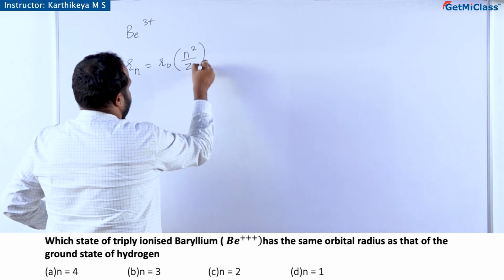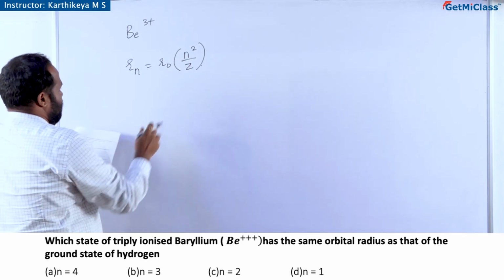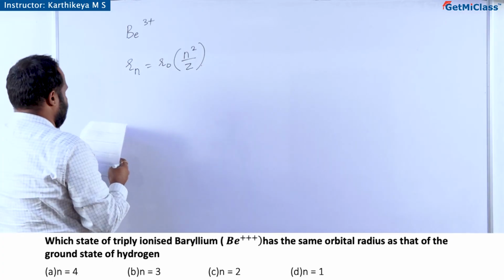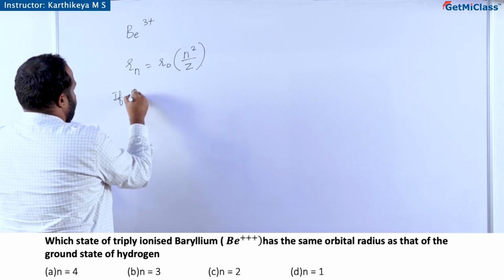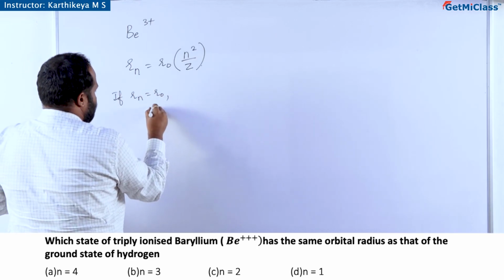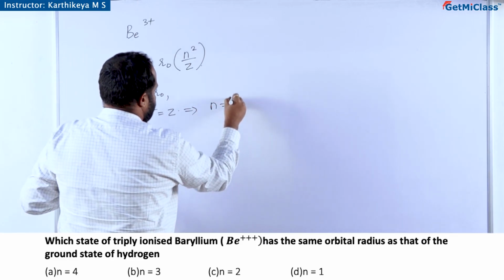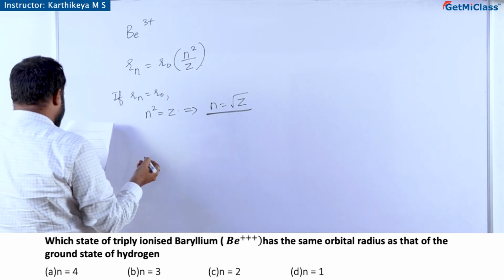square by Z, n square by Z it will be, where r naught is the radius of the hydrogen atom in the ground state. Now if Rn is to be equal to r naught, then n square should be equal to Z, which implies n should be equal to root Z. For beryllium